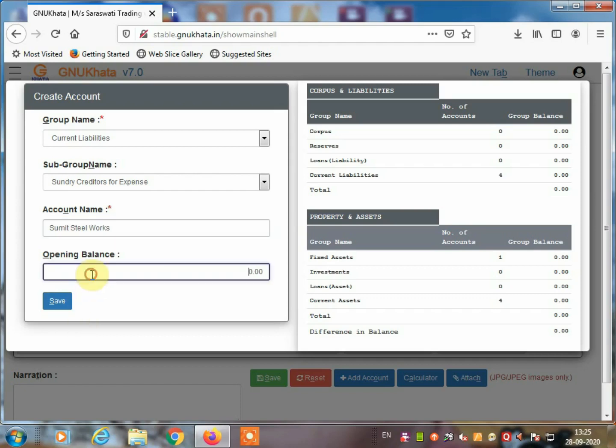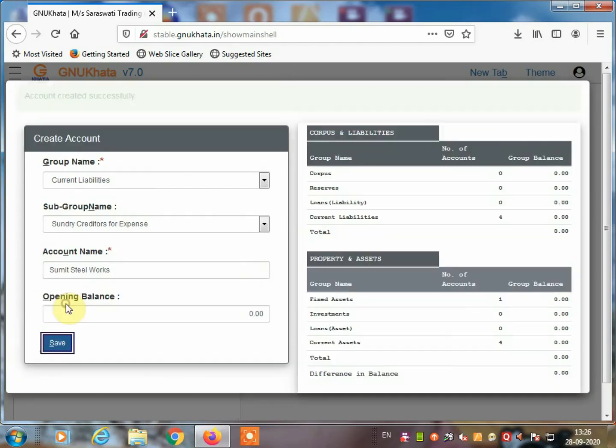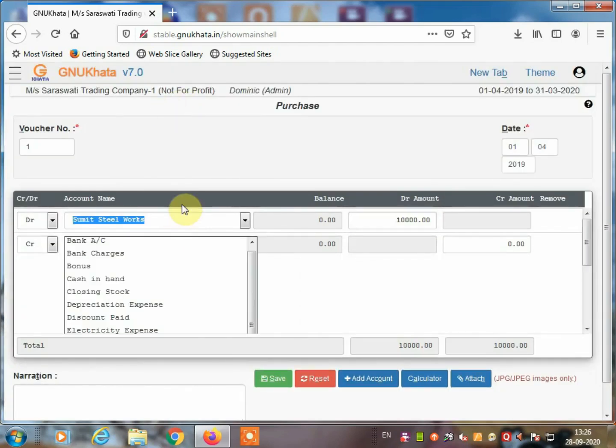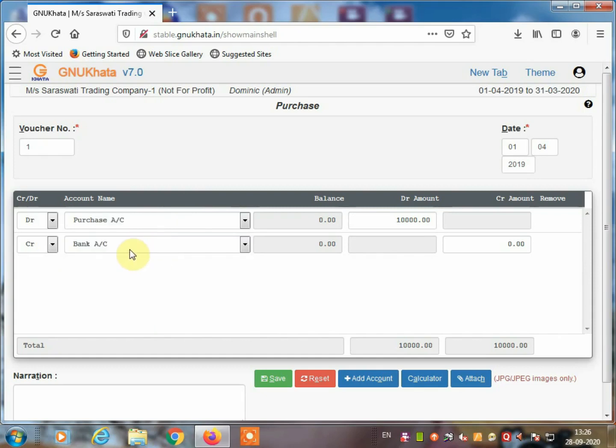Then click on save. Account created successfully. Now you can take here purchase account debit to Sumit Steel Works, 10,000.